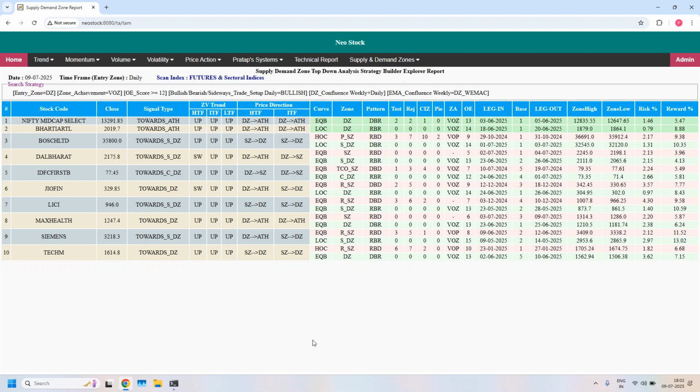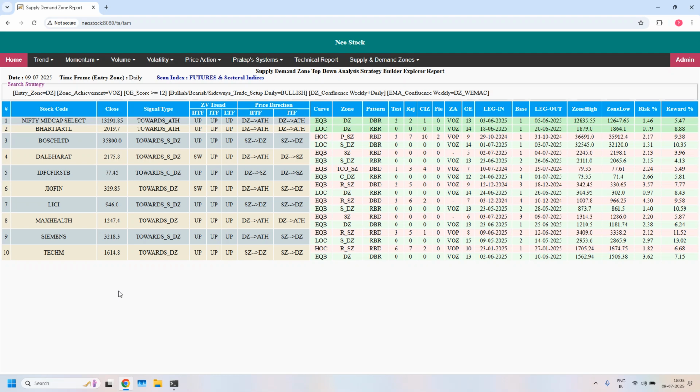Provided lesson 20 checklist items are satisfied. Otherwise, there are higher chances the daily demand zones might be violated. Lesson 20 is very, very important. For all the reports, lesson 20 checklist items, you have to verify, then only you should plan the trades. It is a thumb rule. I may not be repeating this point, but remember. Okay, next we will look into